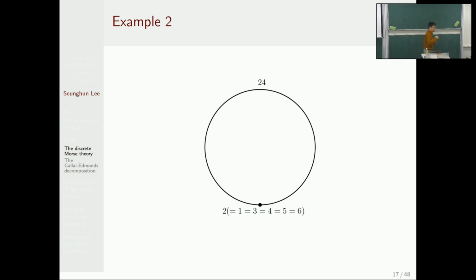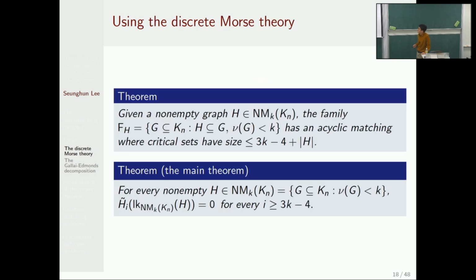This is a kind of continuous deformation from the original simplicial complex to this CW complex, consisting of 2 critical faces. One is the vertex 2 originally, and the other is 2, 4. Yes, this is an informal description of the example, and so we can use discrete Morse theory to derive